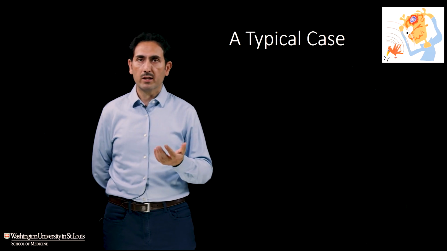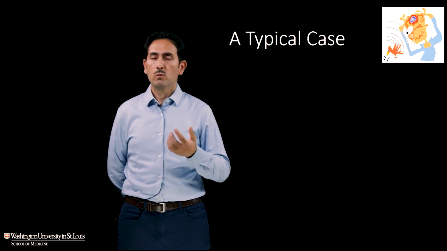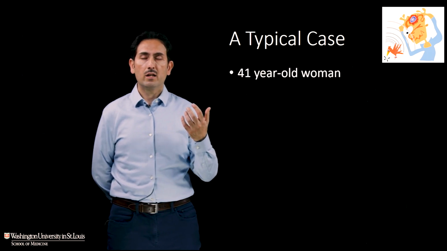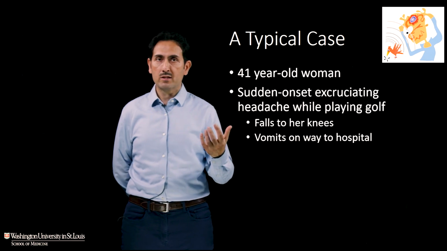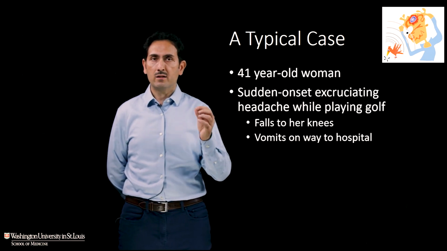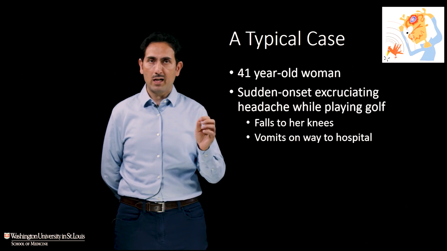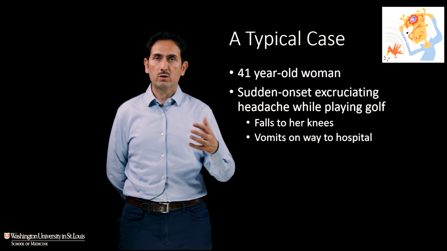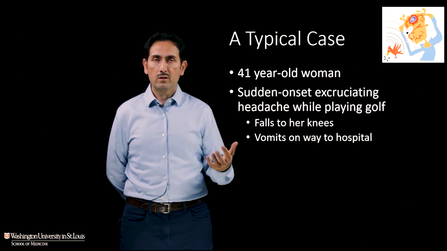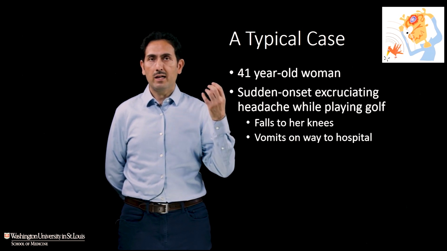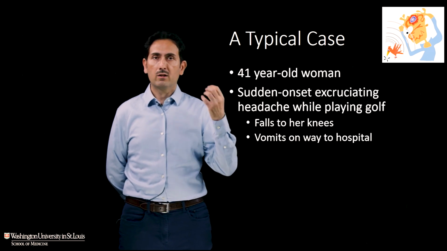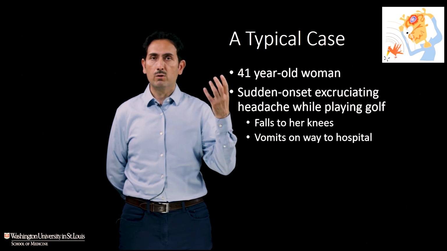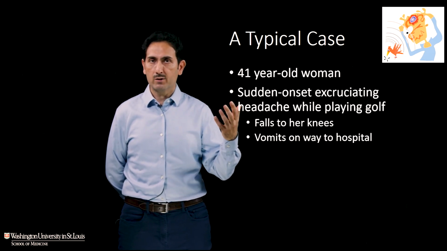So how does subarachnoid hemorrhage present? Well, typically it presents in otherwise healthy people with a sudden severe headache. Often this is described as the worst headache of the person's life, and typically it's sudden and severe at onset, or so-called thunderclap headache. It may be associated with loss of consciousness or a loss of strength, because what's happening is there is blood at an arterial pressure reaching the brain and causing the intracranial pressure to rise suddenly, dramatically, and the blood flow to the brain can actually stop for a matter of seconds or longer.